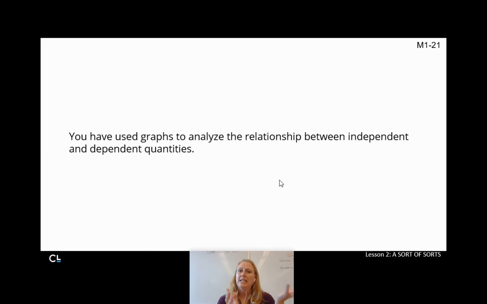We don't have any key terms this time around. No new words for you today, just old ones, right? So you use graphs to analyze the relationship between independent and dependent quantities. In our last lesson, that's what we were doing. We were like, oh, hey, my independent quantity is always my x-axis. My dependent quantity is always my y-axis. The x is always the independent, y is always dependent. And we thought that was kind of cool and very convenient. But of course,